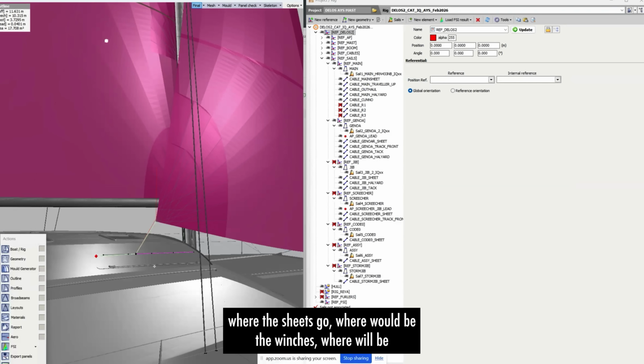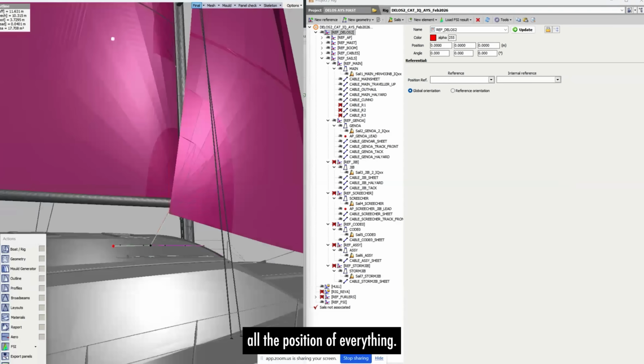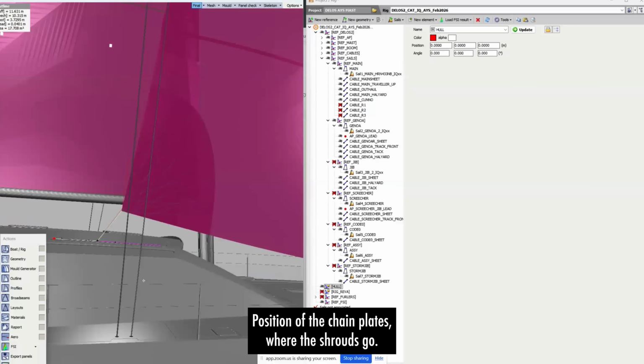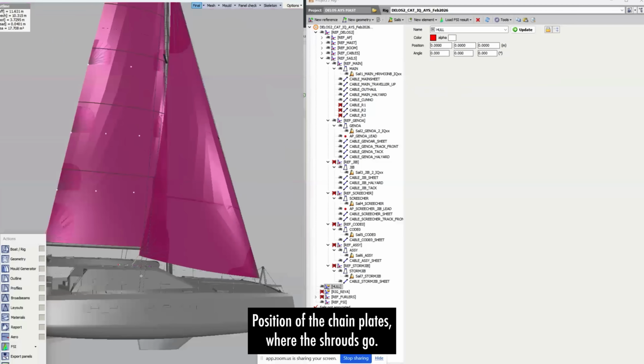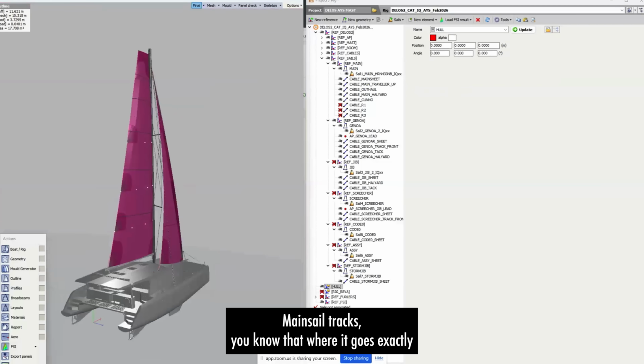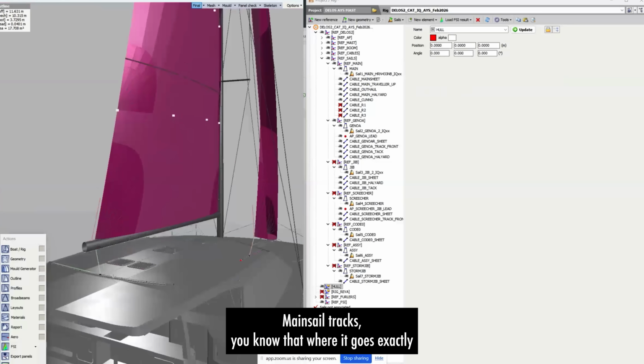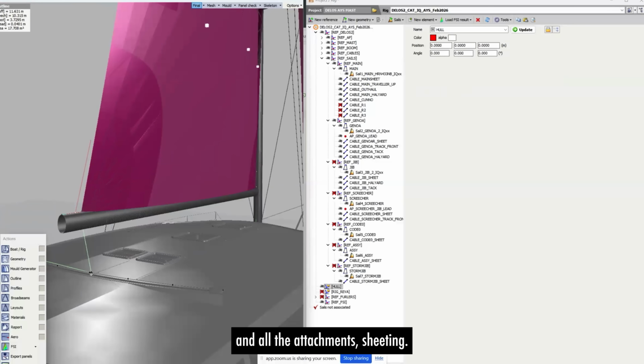where the winches will be, all the position of everything, position of the templates, where the shrouds go, mainsail tracks, where it goes exactly on the boat, we can reproduce, and all the attachments, sheeting, we can reproduce the outhaul. So any existing element on the boat, we can just get the forces, the